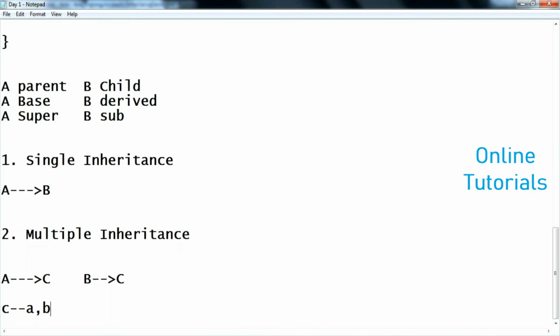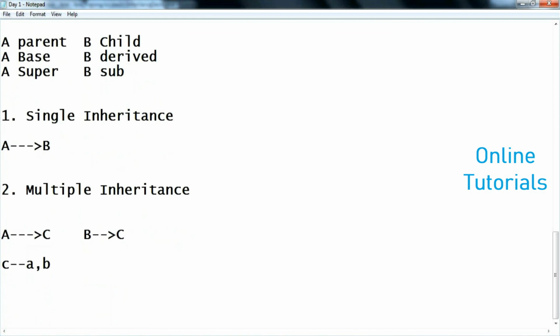But as of now, you have to remember that multiple inheritance is not supported in Java directly. Indirectly, by using interfaces, you can implement multiple inheritance. But as of now, remember that multiple inheritance is not possible in Java. This kind of relationship is called multiple inheritance. And another kind of inheritance is